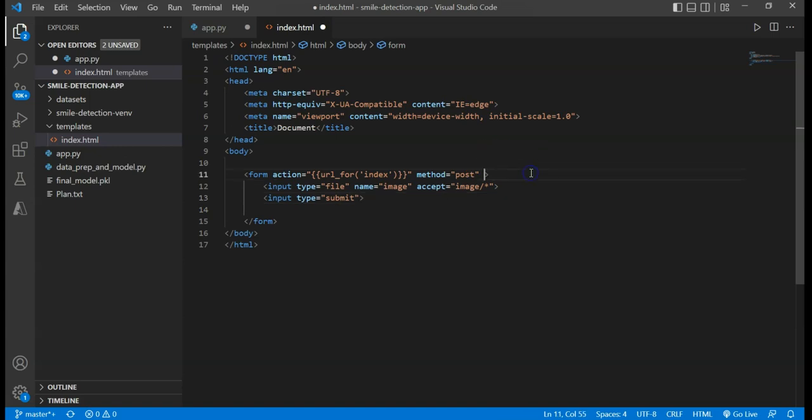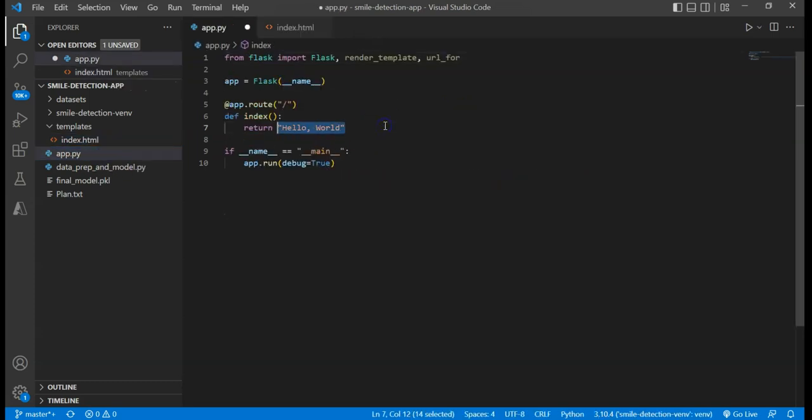I think that's the argument I was saying, and type. So here I will set multipart/form-data, because I don't know the reason for this right now, but this argument is required when you are trying to upload any file in the Flask form. Okay, so we have this submit button, and in place of app